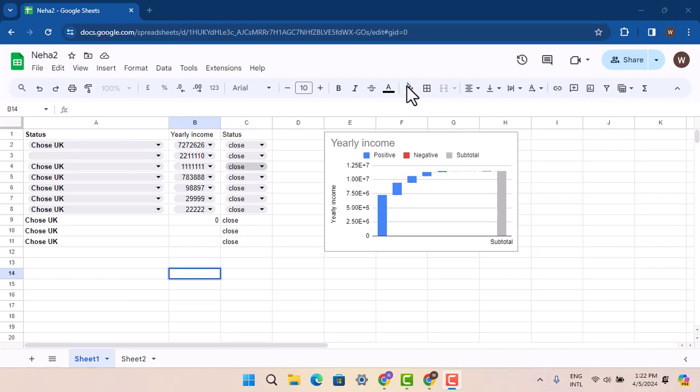How to create and use name range in Google Sheets. Hi everyone, in this following video I'm going to show you the ways to create and use name range in Google Sheets. So for that case, first of all, you have to open up your Google Sheets,